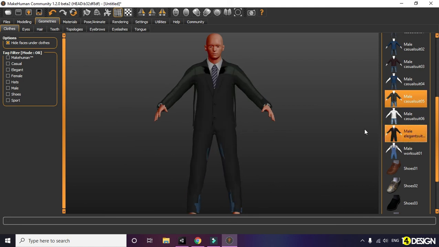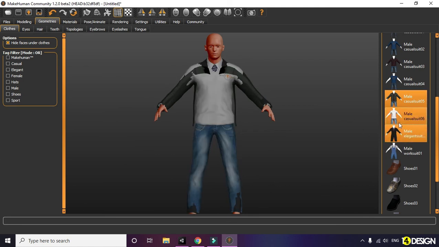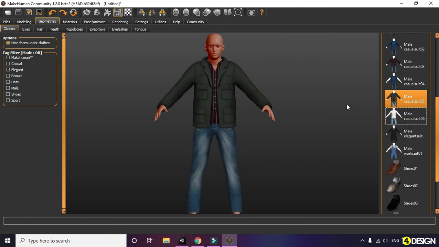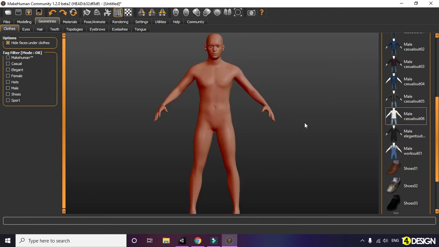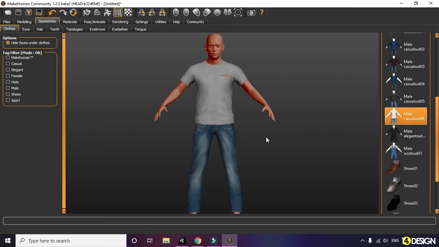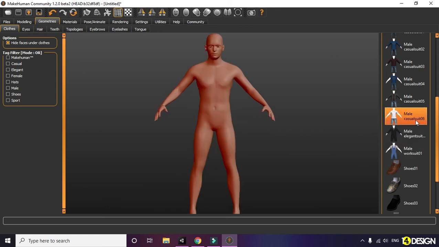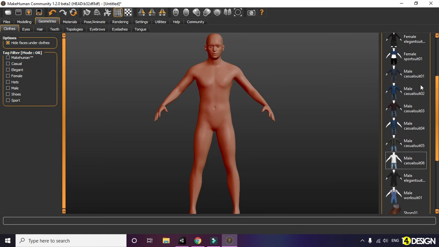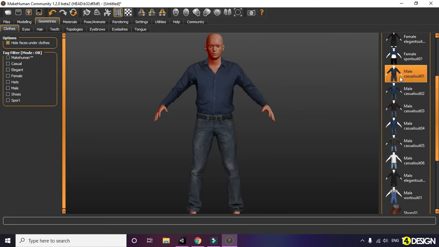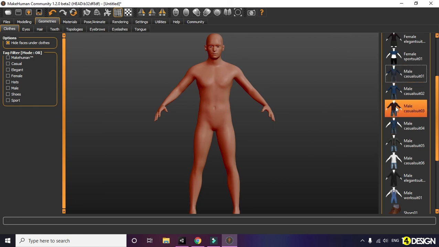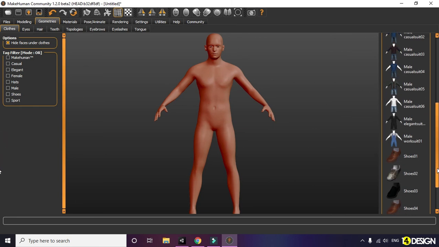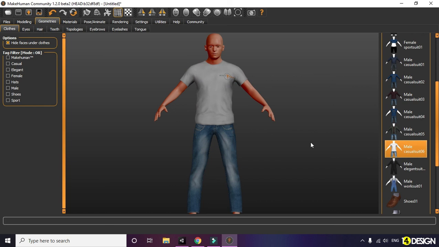Now remember our game is on an island, so let's give him something cool and casual. Just click on the cloth to apply it and click on it again to remove it. I'm gonna go with a pant and t-shirt, male casual suit 6.